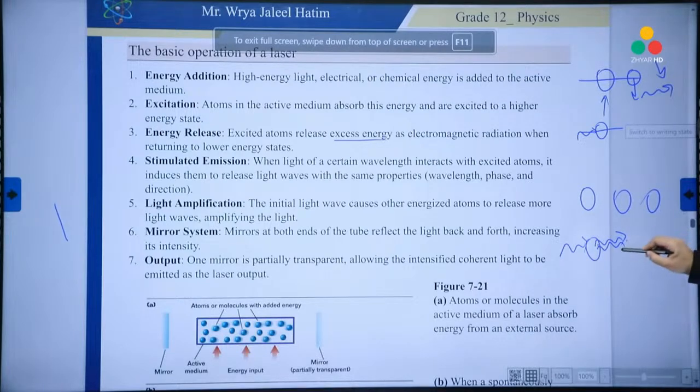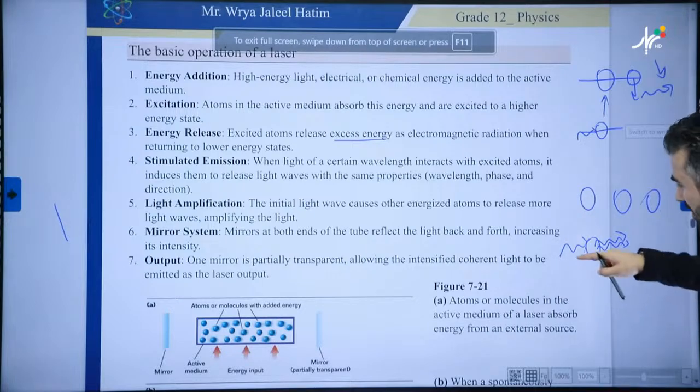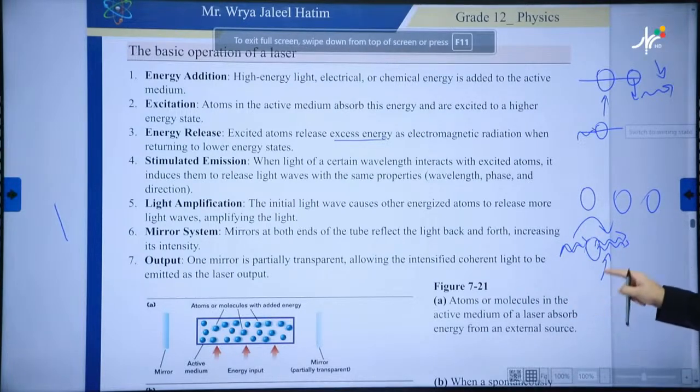So these two light waves here, remember we had one, now we have two. You might ask, where does it come from? It might violate the law of conservation of energy. We'll get to that question too. So when this light encounters this electron, the first light wave is what is gained, and now something is released. This electron is going to release another electromagnetic wave, which has the same wavelength and phase as the first light wave.